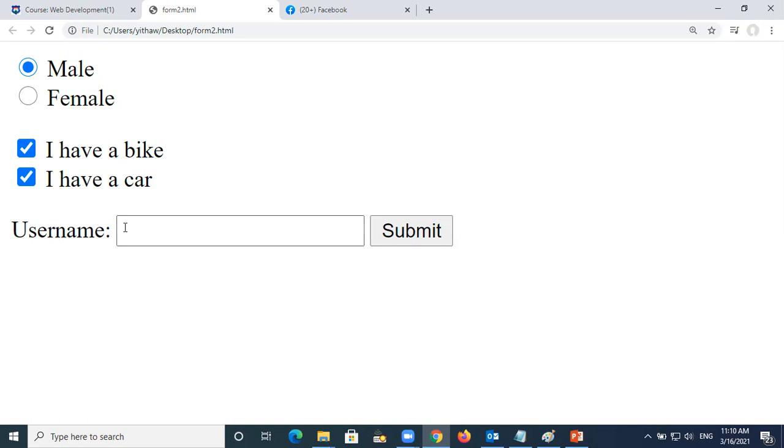And then again, I think the students already know that whenever you want to do the registration or you want to see your result, you have to enter the username and password. And then after that, you have to click the submit button. Okay, so these are the things that we are going to learn today.